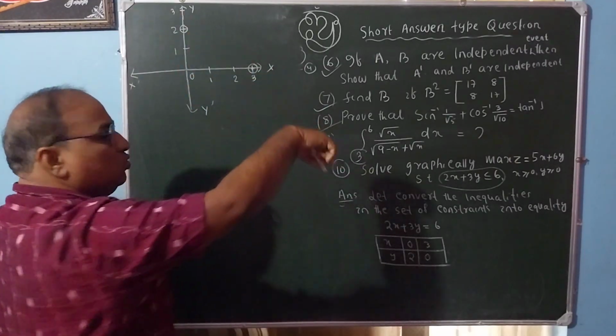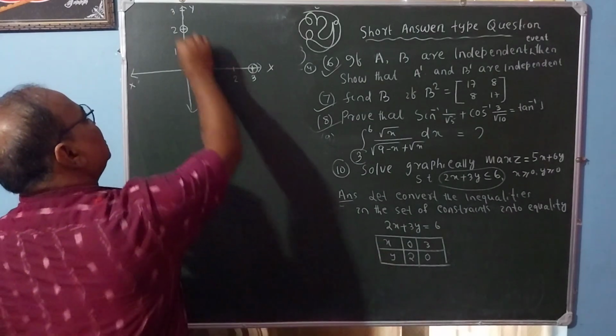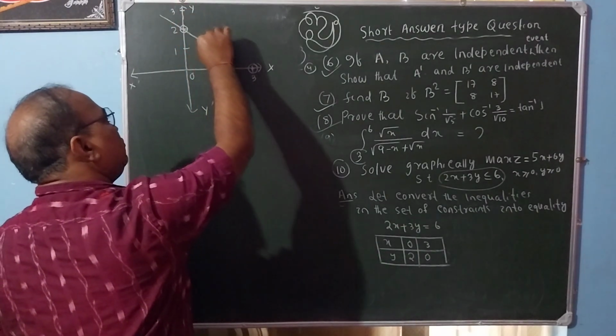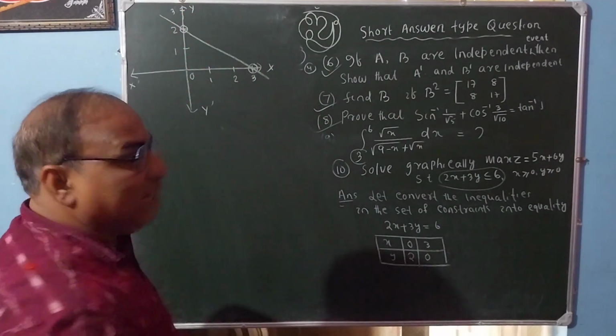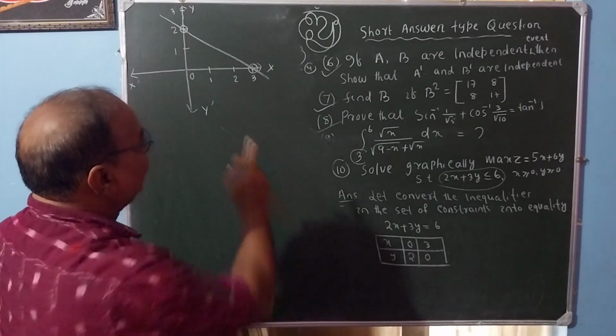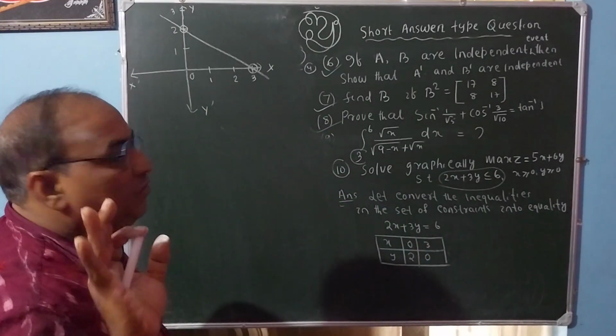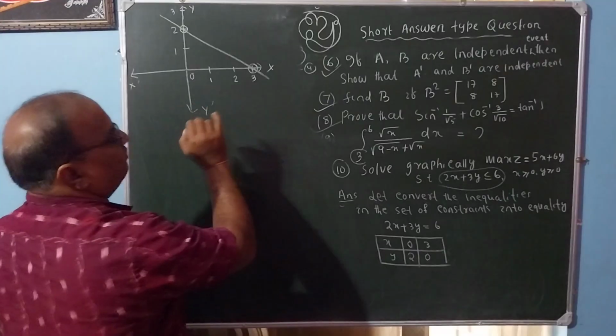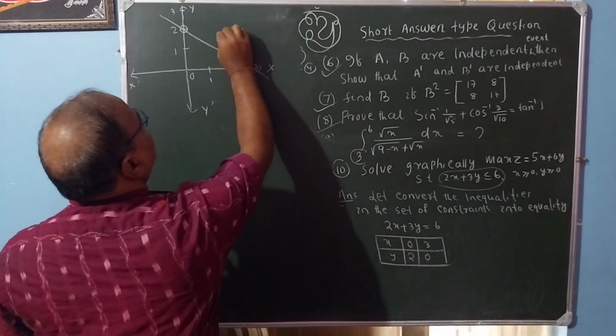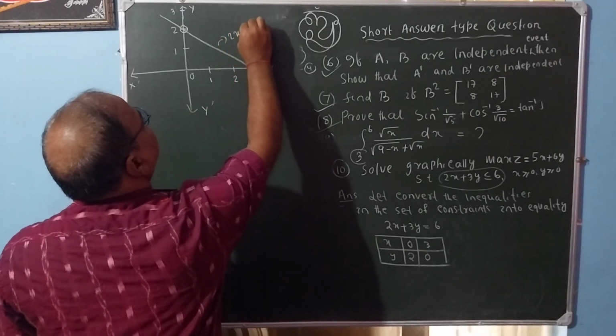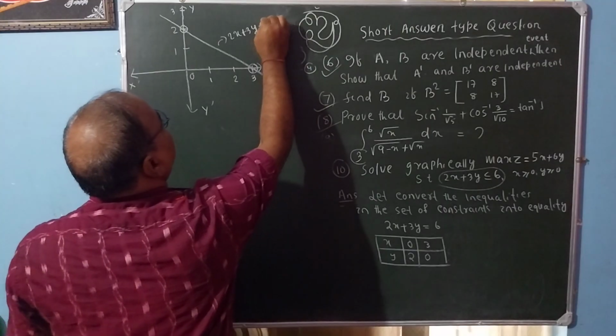So by using a scale, you have to join these two points. So that is the corresponding line. A line can be drawn by using 2 points minimum. So here it is 2x plus 3y is equal to